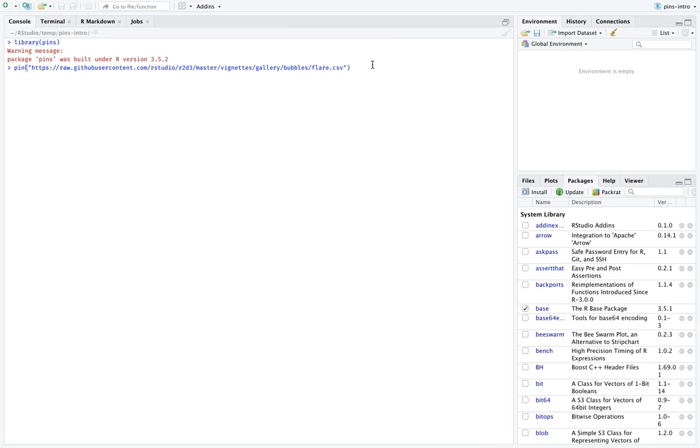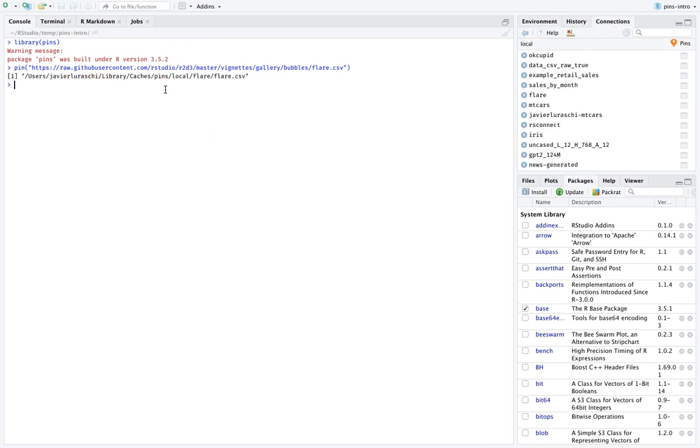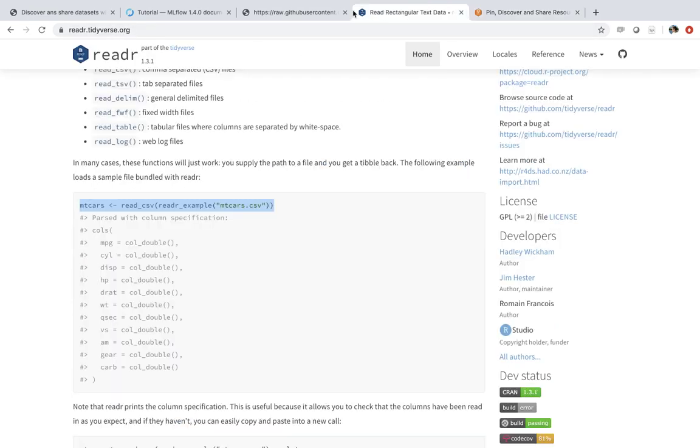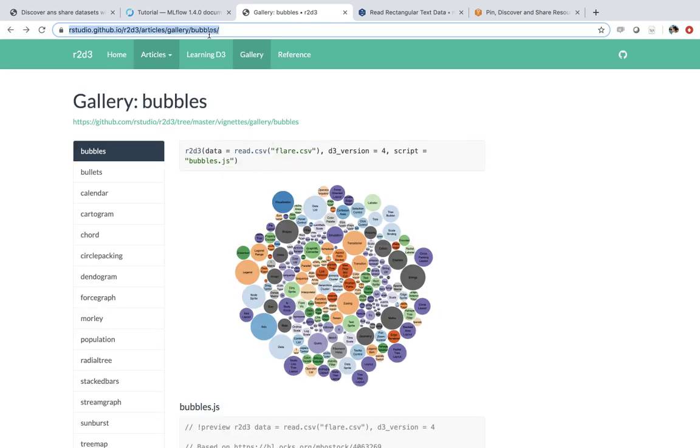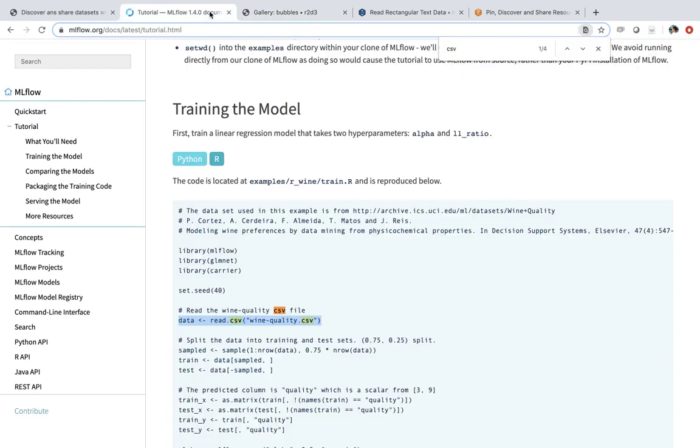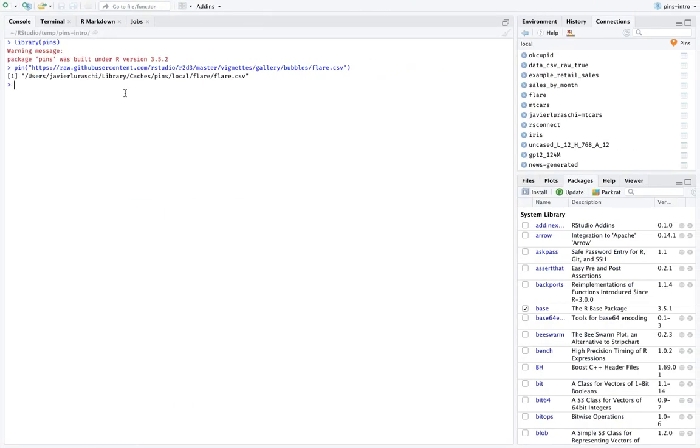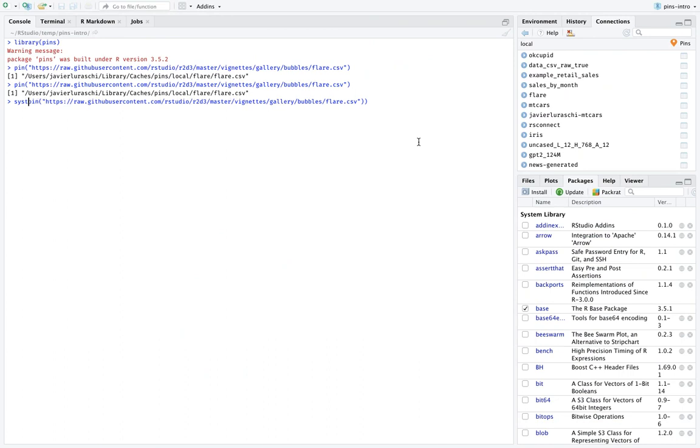Whenever you're reading datasets, one of the operations you can do is to just point pins to a URL. When we pin this dataset, the pins package is going to retrieve it and cache it for us. So in this case, we could replace a lot of the code that we've seen in different packages by simply using the pins package, and it would download the dataset for you automatically. Not only that, the pins package also caches it for you. So whenever you run this again, it's really, really fast,